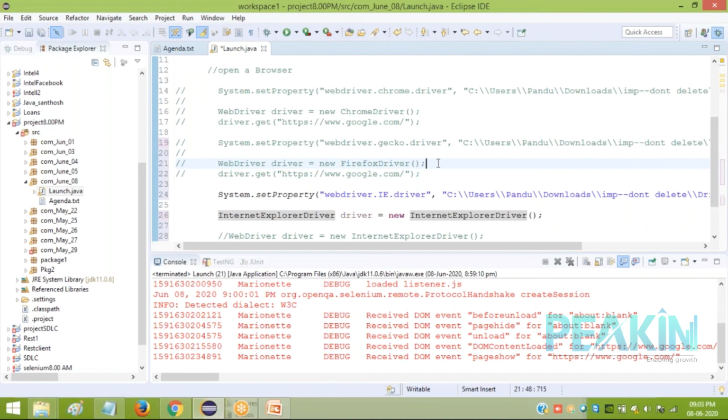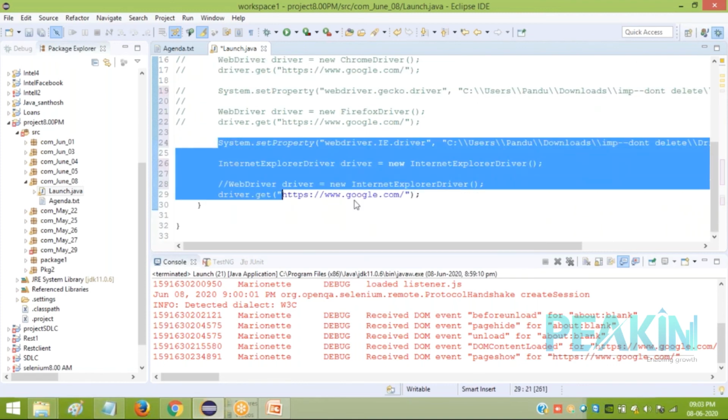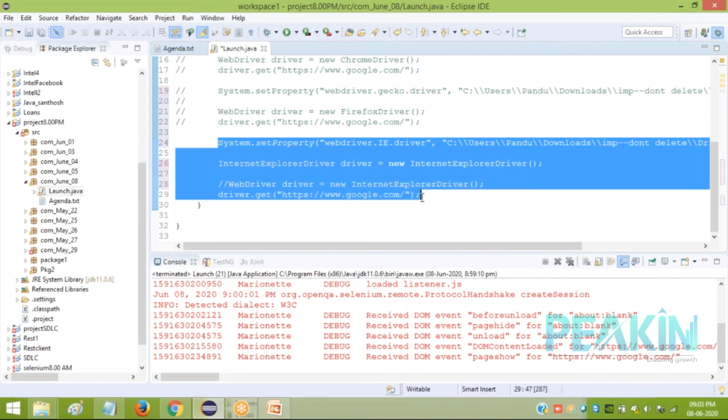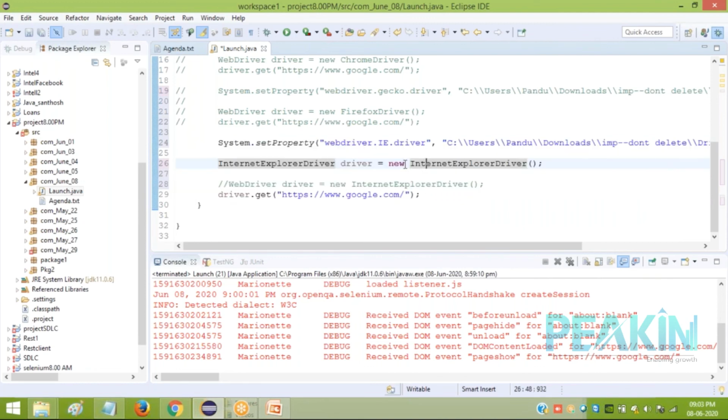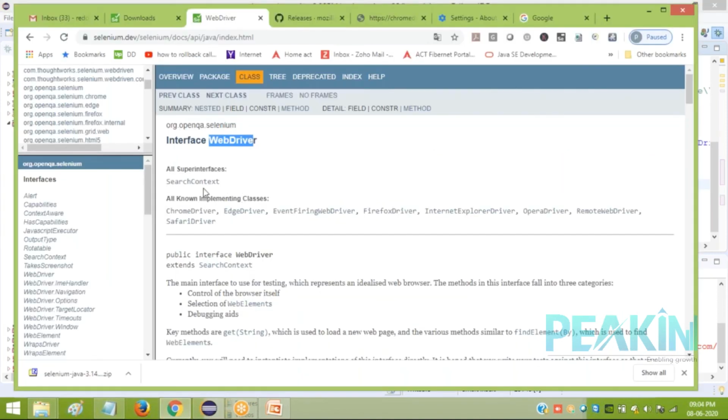So these are very small, minor things which are very important. Basic things must be very clear, because these questions may be asked, whether you are experienced or a fresher. Don't assume it, but this is important. How you set the path, how you create an object, what is the meaning of this, what WebDriver means. You should be aware of this part.